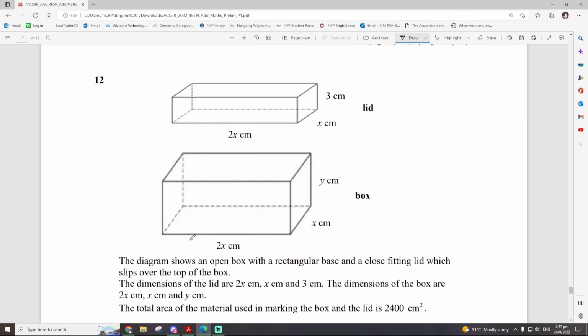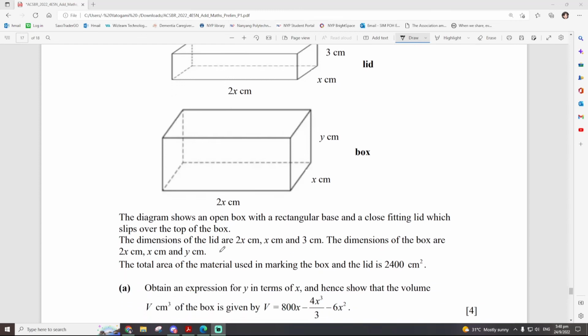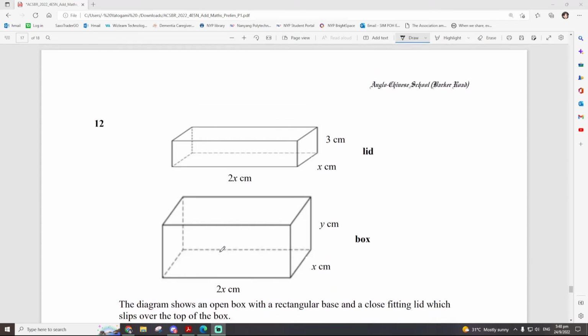The diagram shows an open box with a rectangular base and the closed fitting lid, which slips over the top. Dimensions are 2x, x, and 3. Total area, obtain an expression of y in terms of x. Okay, so